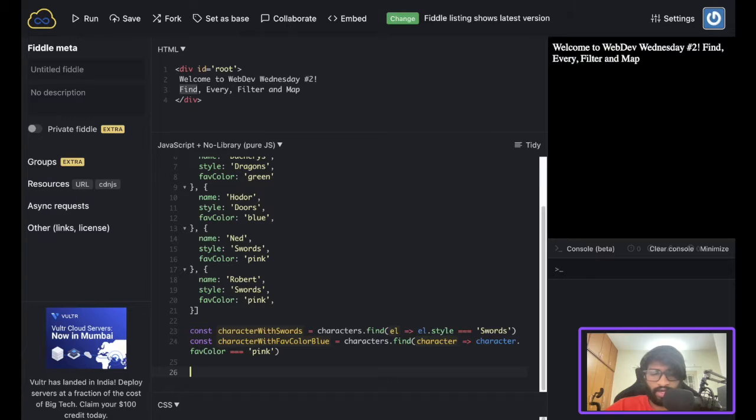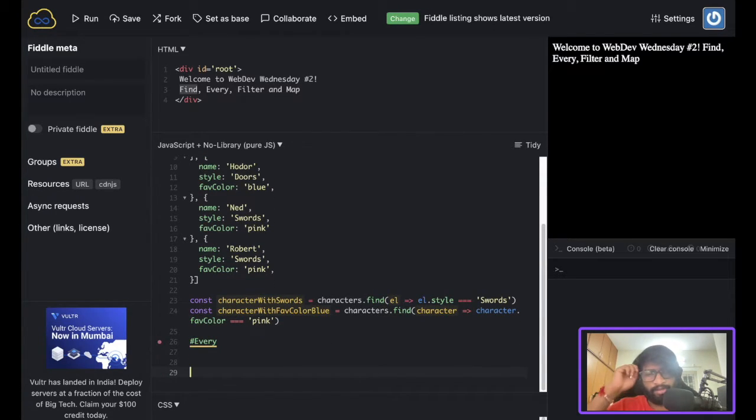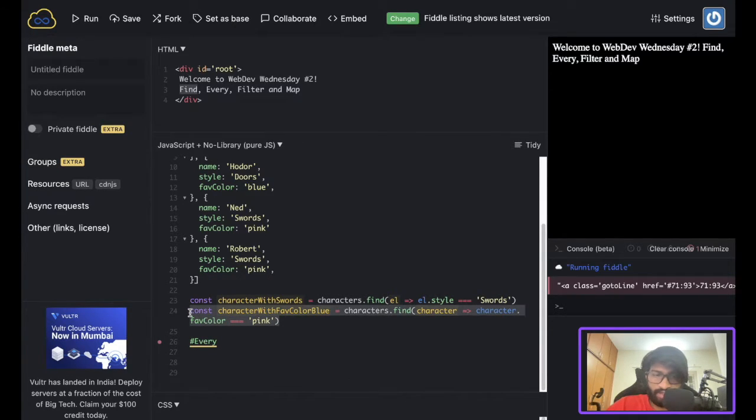Now let's look at every. The every method is similar to find, except that it returns true or false depending on whether every element, just like it sounds, passes the test or the condition. So if I were to copy paste this